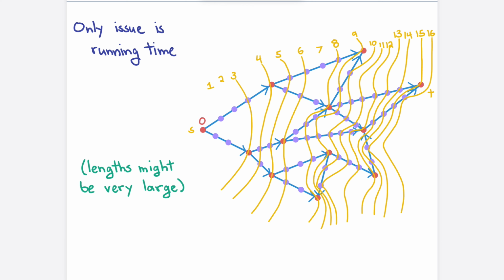It'd be nice if we can skip ahead, right? Not actually have to process anything because there's nothing really going on. 8 does have somebody, 9 does have, okay, it gets a little complicated. But,